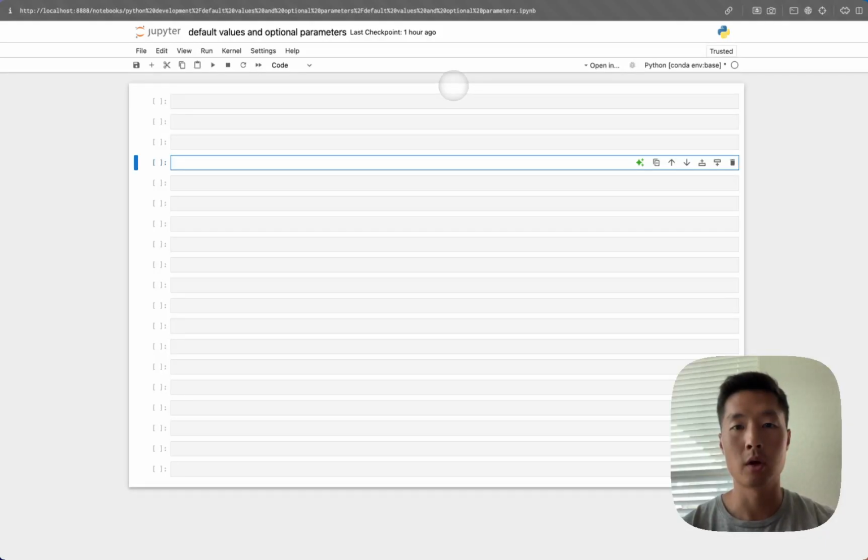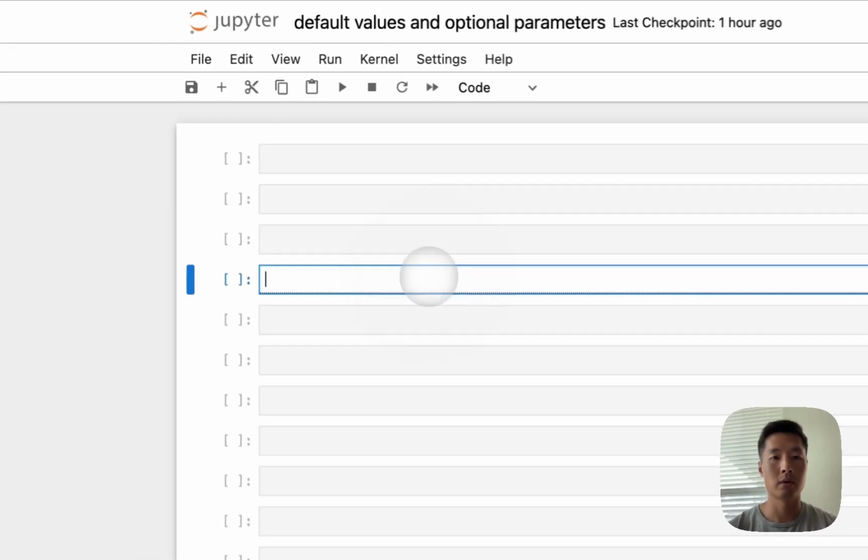In this session, we'll dive into exploring default values and optional parameters to add flexibility and adaptability to your code. Let's write a function that demonstrates the use of default values by writing a function to solve for the area of a rectangle or square. Super easy. So